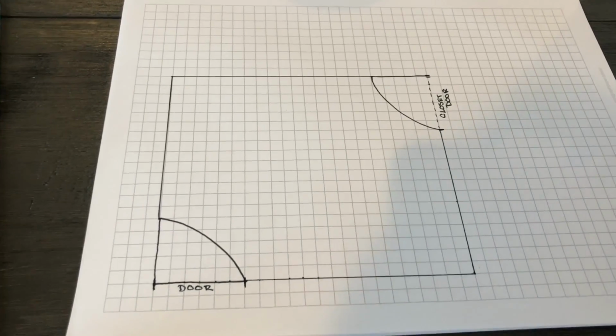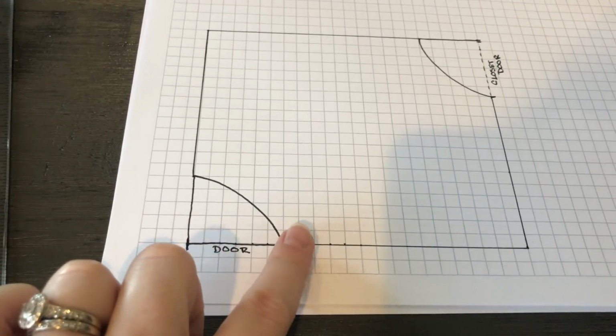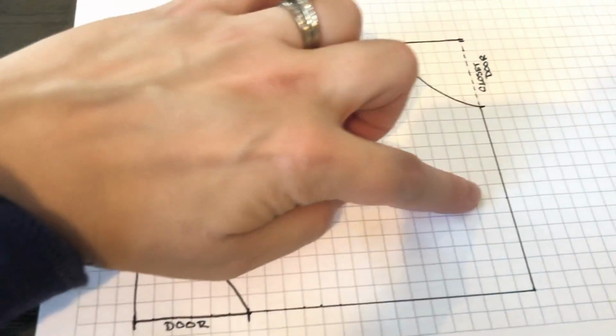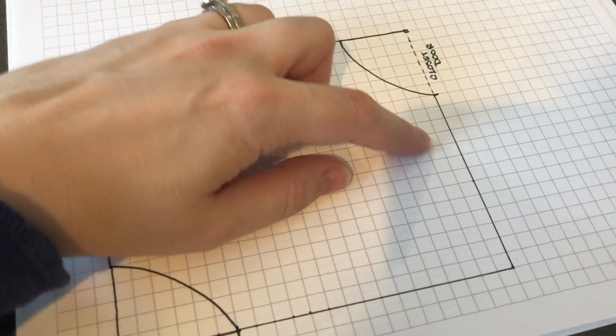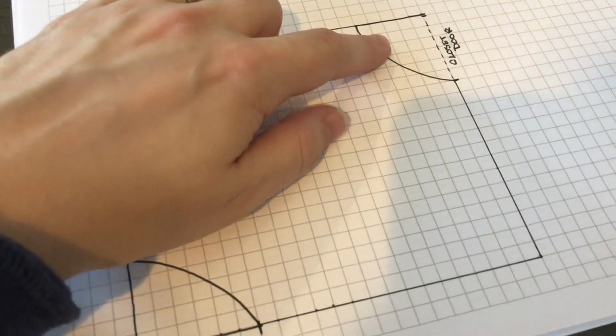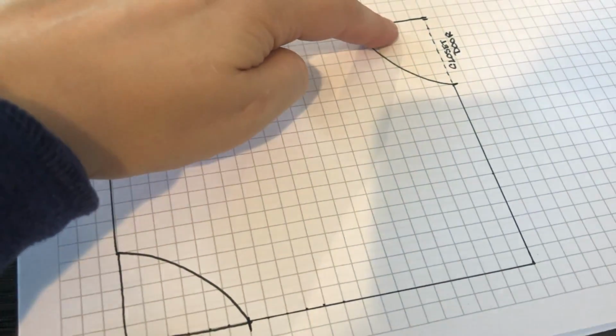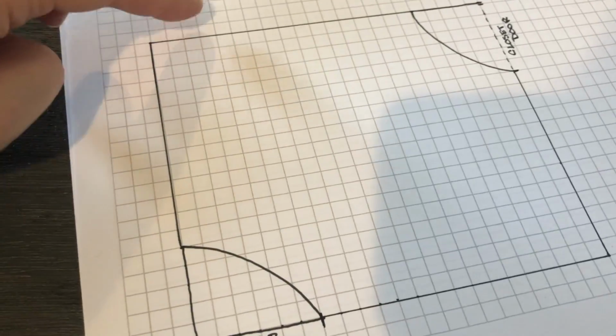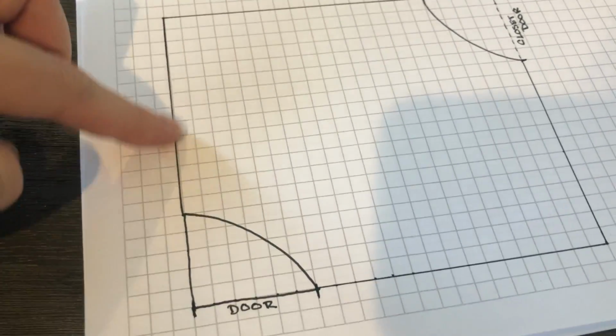Okay, so here is my room to scale. So this is the door coming in, it opens this way. This is the wall that currently has my makeup stuff on it. I have this wall here. This is where my current cat food stand thing is. The door to my closet. There's a window back here. I didn't capture that, that's okay. And then this back here is where the cat box is,